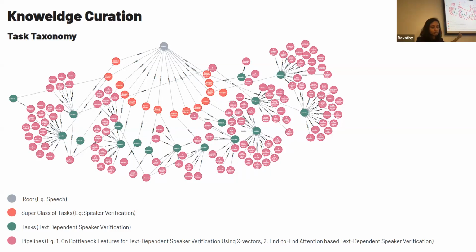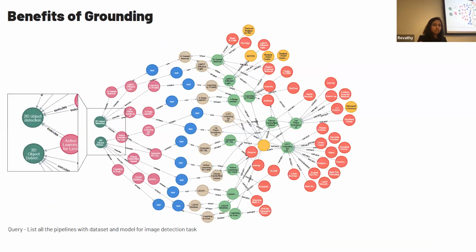So for example, here speech is a parent of speaker verification, and speaker verification is a parent of text-dependent speaker verification, which is a task and also a parent of the pipeline on bottleneck features for text-dependent speaker verification using X-vectors. So this taxonomy also comes in handy when we want to search for speech-based pipelines, image-based pipelines, and so on. So here, let's quickly see what the benefits of grounding are, even when it comes to